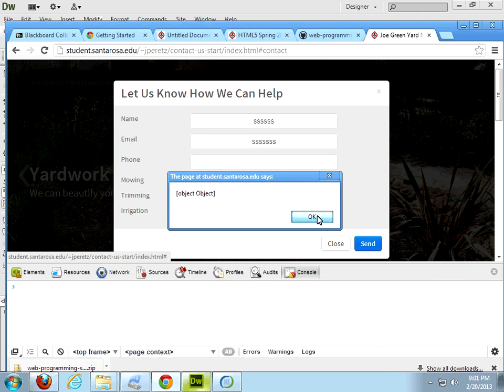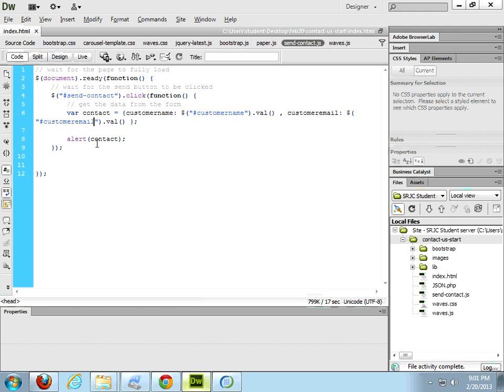So what is alert? Alert, I'm just using it as a simple debugging thing. It's not really part of our program here. I'm just using it for feedback, right? Another way of inspecting